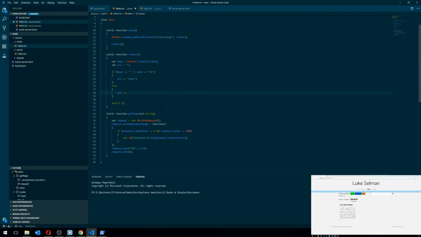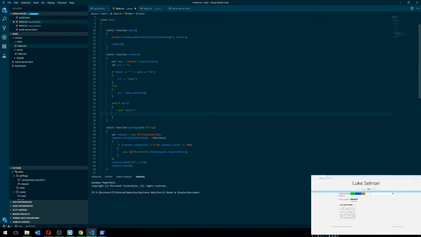Otherwise, I'm going to say hash.substr(2). Then I'm going to switch on the URL. So inside of here, I'm going to say case. If our URL is about, in fact, it will be about/ technically speaking,